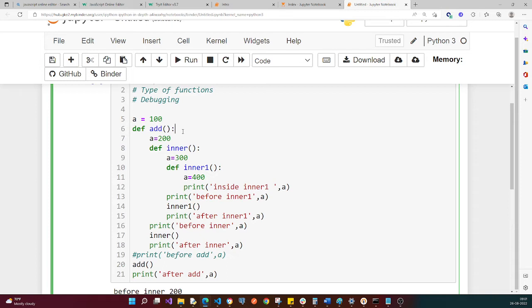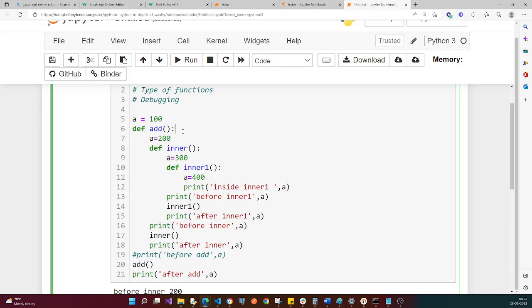Then we create function memory, right? On top of it, this is my function. I have defined a equal to 100 here. If I create a local memory here, then what will happen? Any update that I do inside the function will change this part. I don't want to change this, I want to change this. So what we have to do is refer,